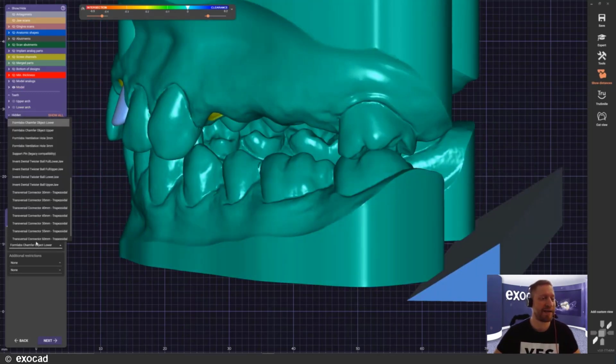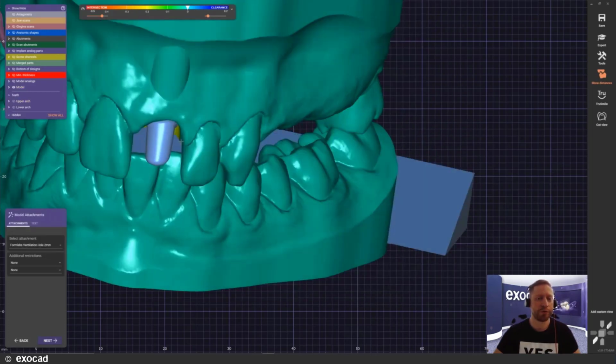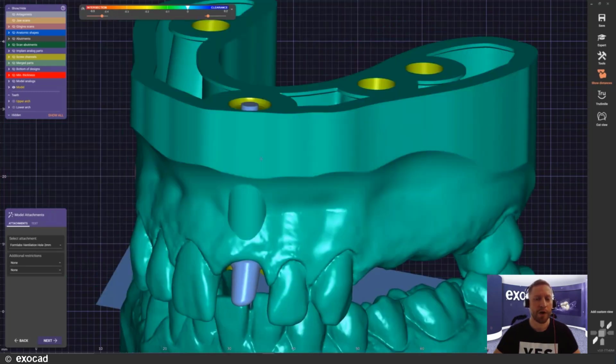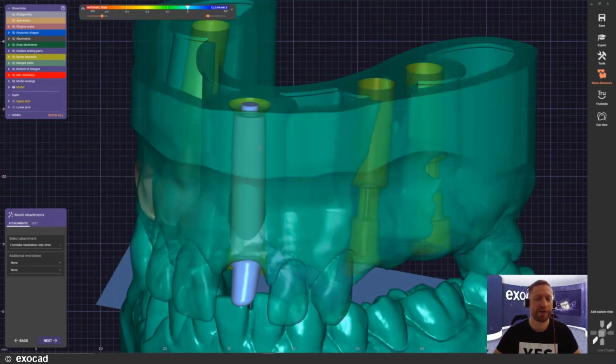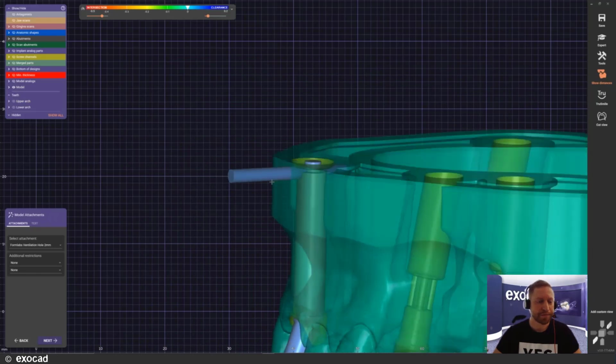Another very nice attachment that Formlabs provided us here with are ventilation holes. I'm going to choose the ventilation hole of 2 millimeters real quick because I want to show you how I'm going to use it. For example, I just click on the model. There it is already. Now, one too much, which is all right. And I just bring it into position because I want to use it in this case.